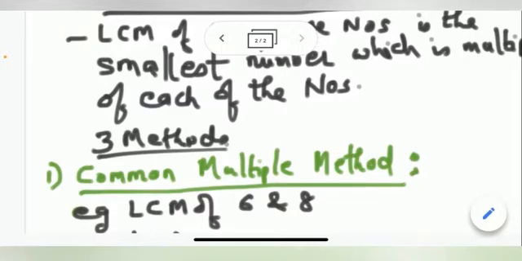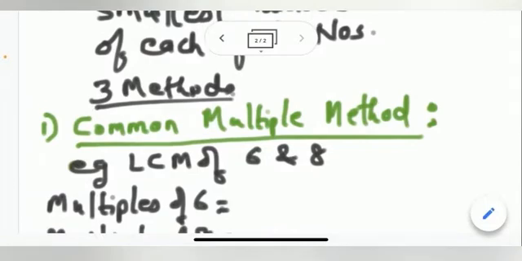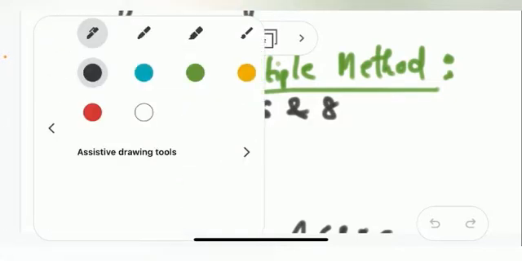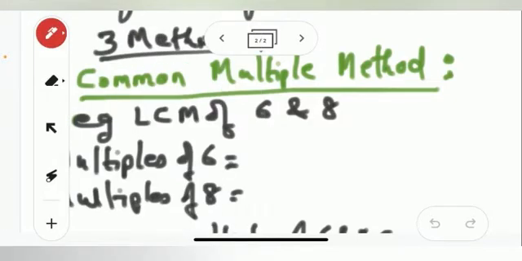Let us take one example here. Let us find the LCM of 6 and 8. Now multiples, we know how to find the multiples. Multiple means multiplying a number with 1, then with 2, 3 times, and going on this way. Suppose I have to find the multiples of 6, then I will write 6 ones are 6, 6 twos are 12, 6 threes are 18,